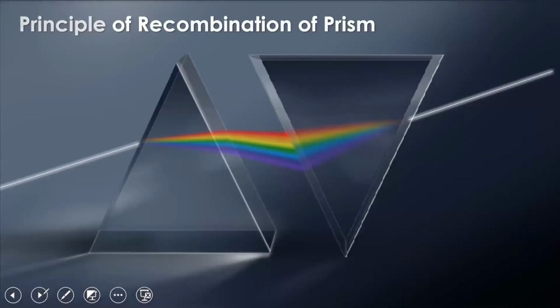Okay, so now if dispersion is clear with you, we have one more phenomenon that is called recombination. Okay, principle of recombination of prism. Now this entire experiment was done by Newton. Newton thought that, okay, if I am passing one beam of white light through the prism, it is getting split into 7 different colors. Now, if I place one more prism in front of this particular prism, another prism, prism 2,